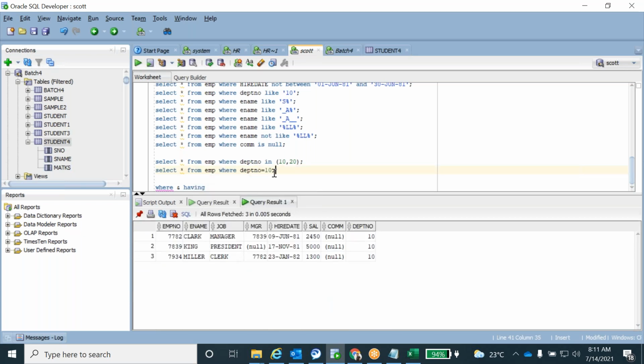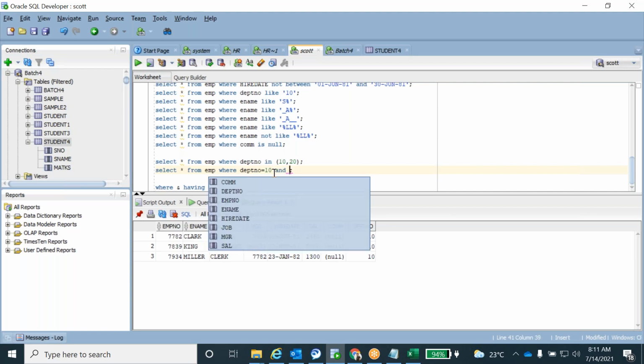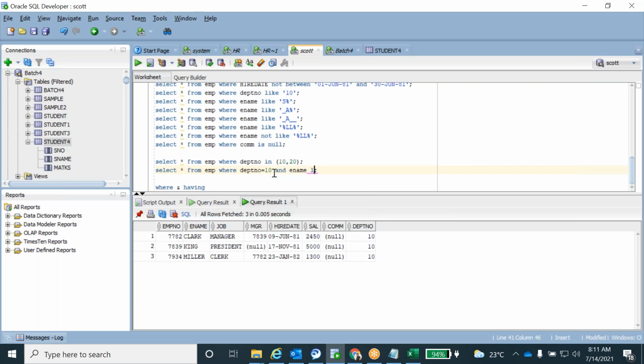And I'm also giving one more condition with AND: ename like, starting with S, S percentage.